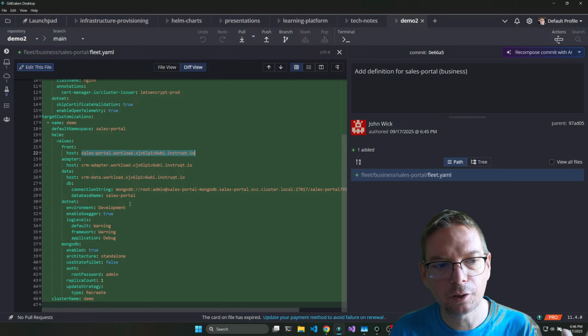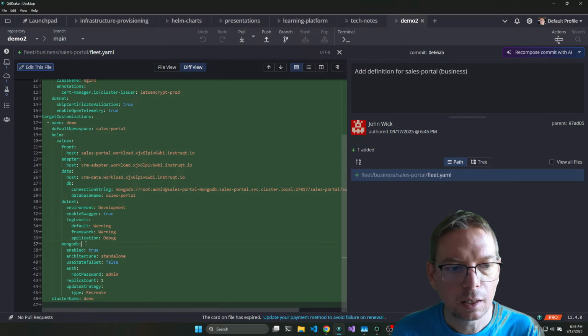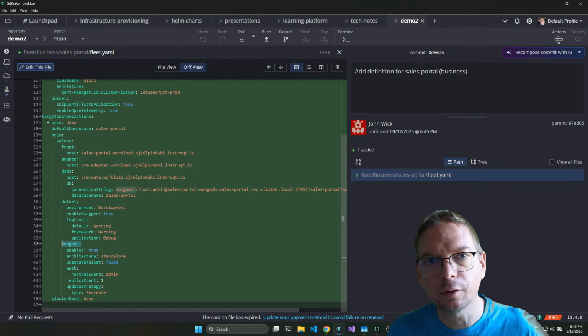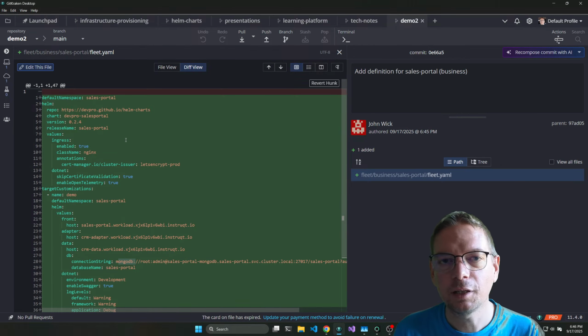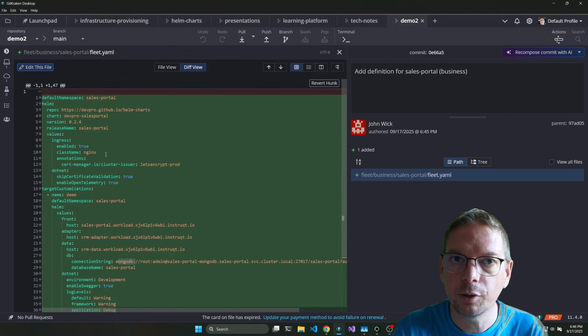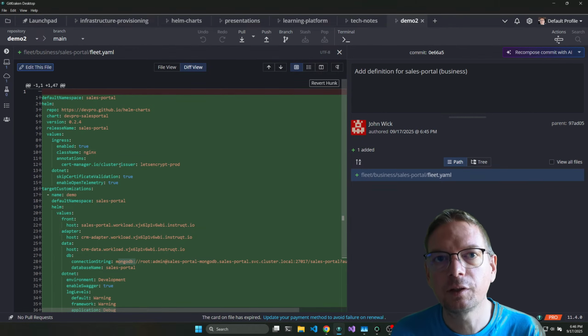So I can define the level of logs that I want to have. I can say if I want to use my own MongoDB or something else. And here it's enough to do everything. So it's kind of amazing, I think. Even if you are not a developer, it's something that is easy to automate and easy to understand.